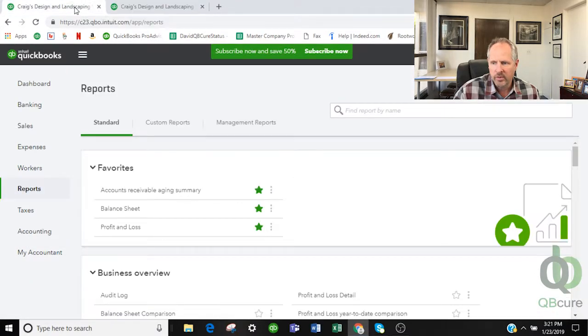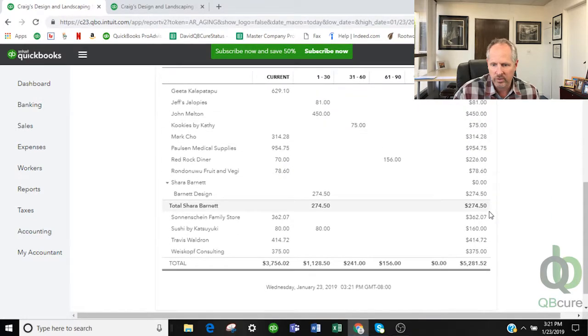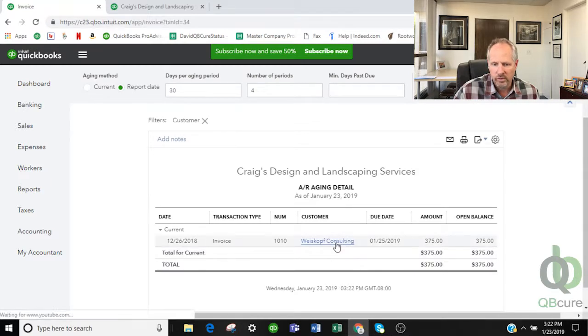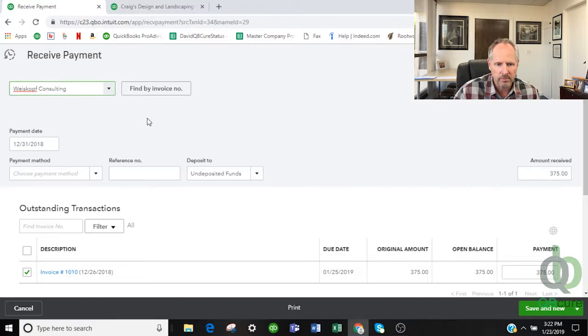So let's say that $375, when you go in and take a look at your accounts receivable aging, lo and behold, you have a $375 invoice that is outstanding for this client, and that payment was supposed to go to this. So how you would do this is you would receive payment,